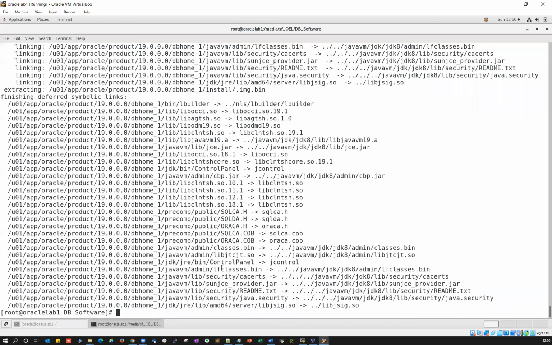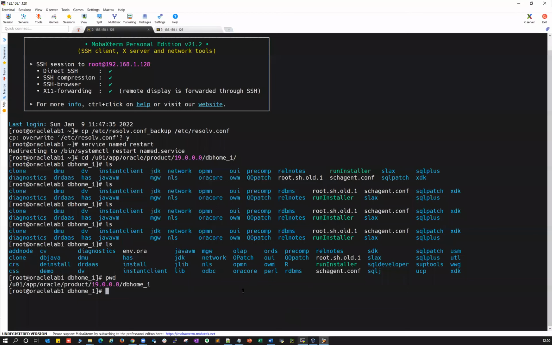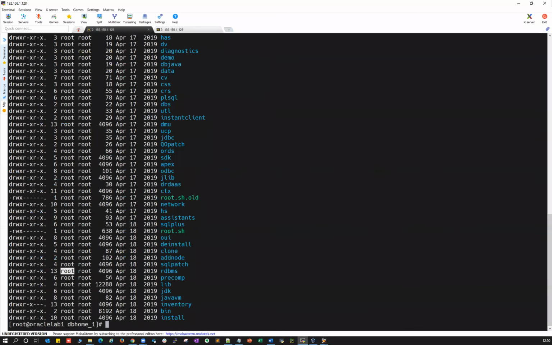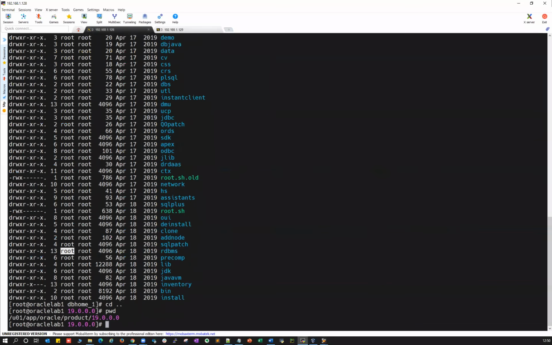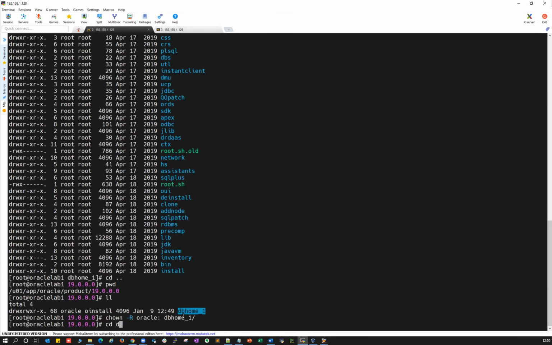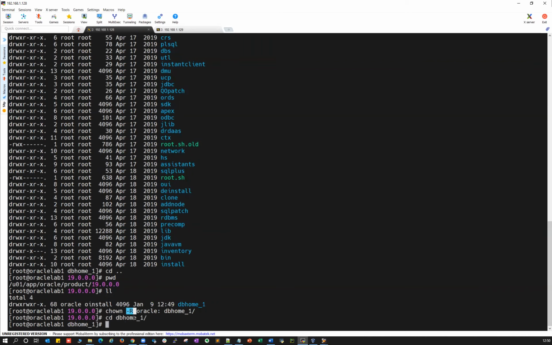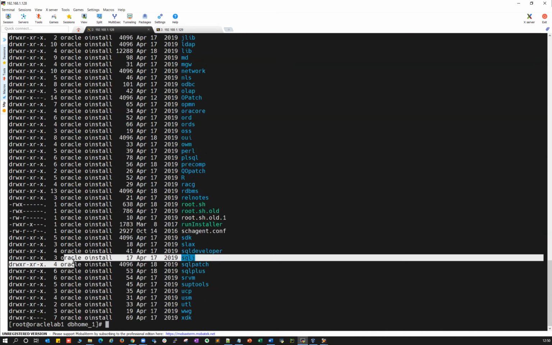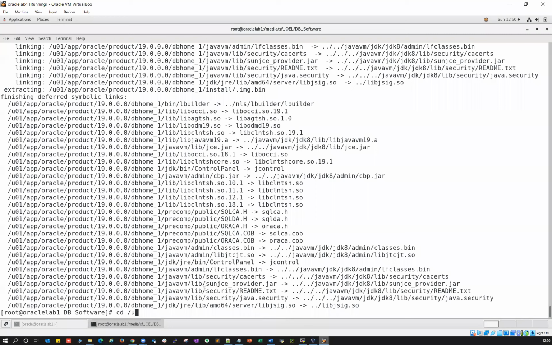Okay, done. So ngp is done. Now I'll go ahead and change the permission. Let's go back here. If you see, if I do ls -FNLT, everything is owned by root because we ngp'd as a root user. So I'll go back one directory, and then I'll change all the subdirectories recursively, like chown -R oracle db home. The moment I do -R, whatever the subdirectories and files, everything will get changed to Oracle user permission, right? So now I've changed the permission.